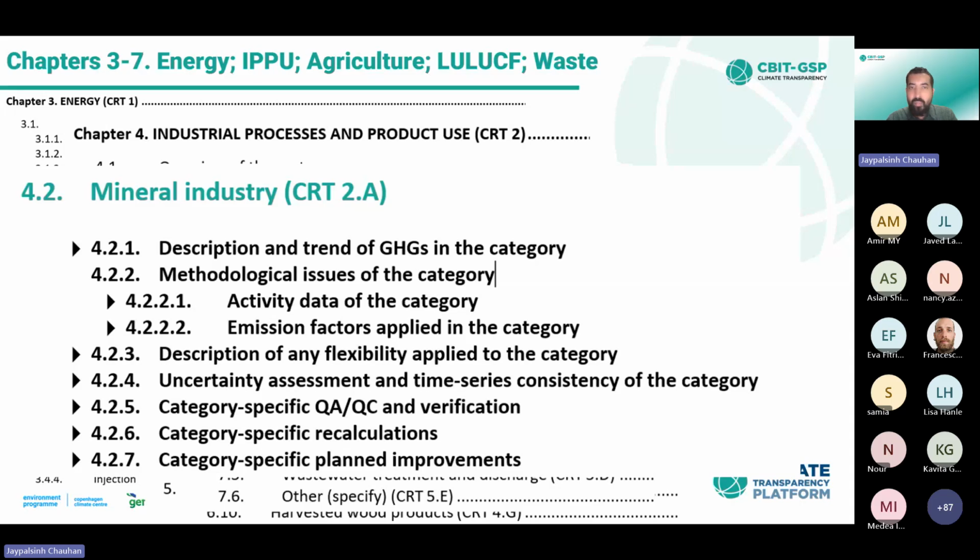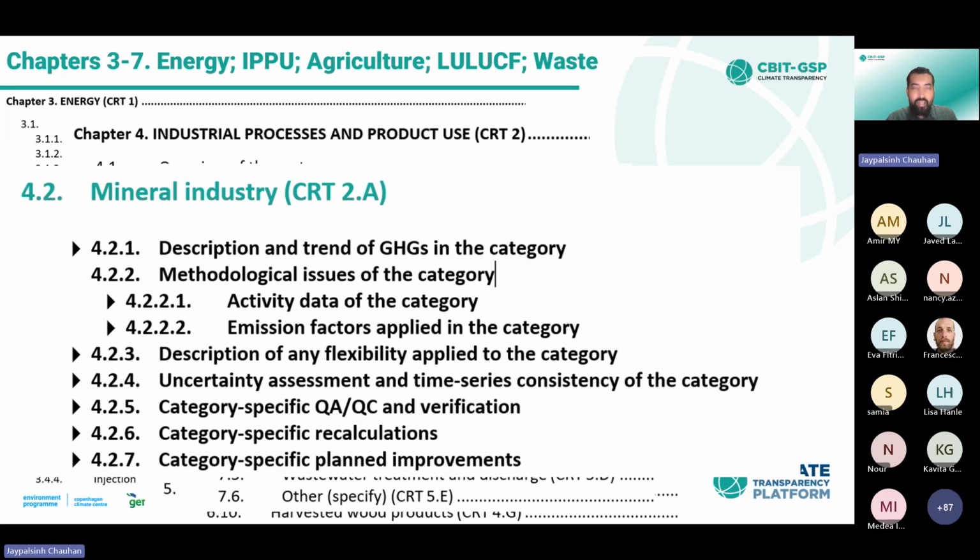So this information is required for all the categories wherever there is emission or removal. Description, methodological, which includes activity rate, emission factor, description, uncertainty, QA/QC, recalculation, and any improvement. This is as per the MPG. This is not our instruction. This is as per the MPG-based good practice that we should use in our greenhouse gas inventory estimate,